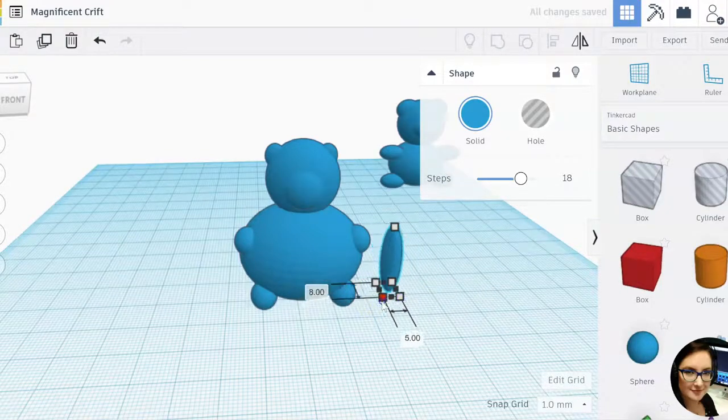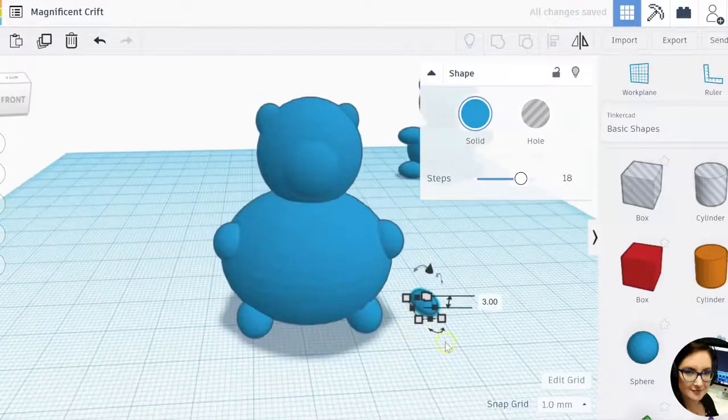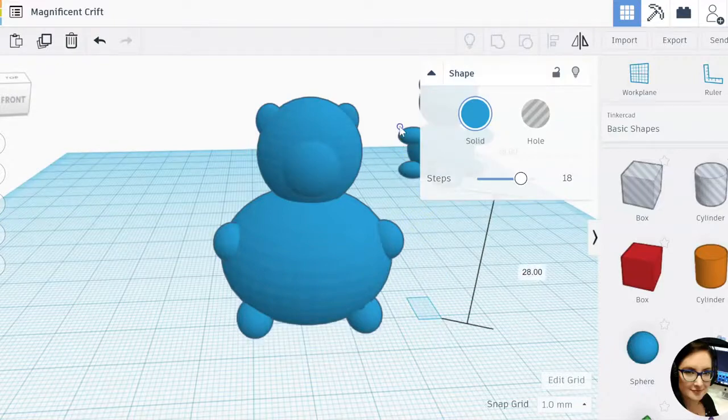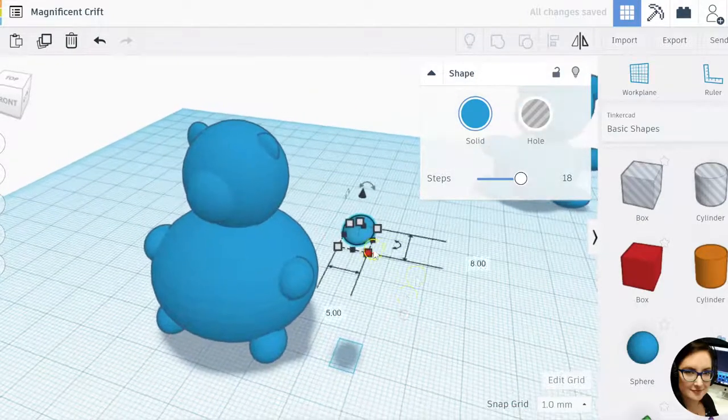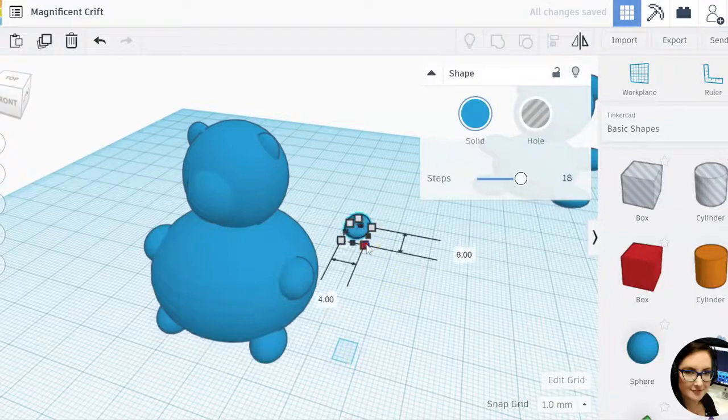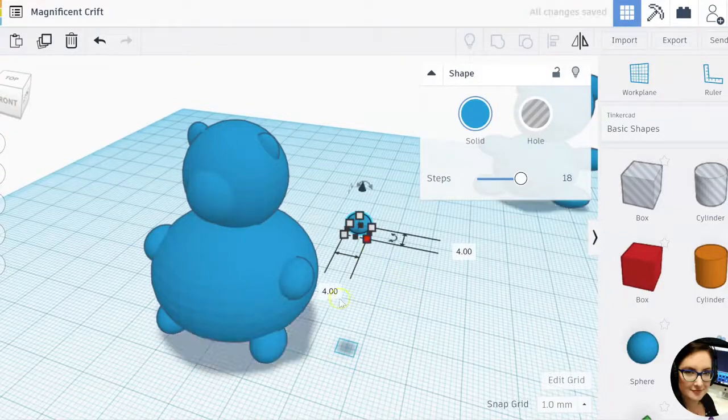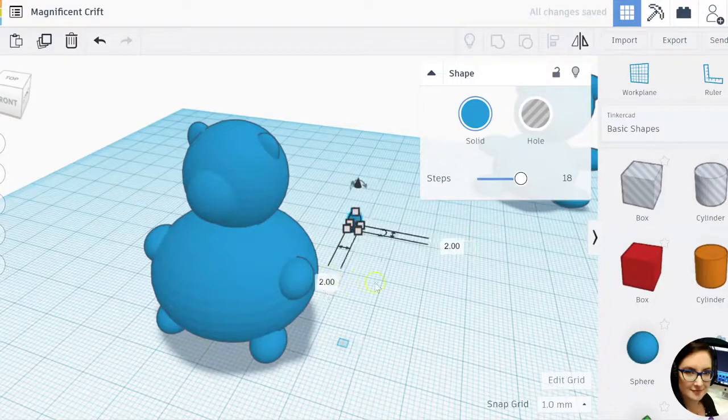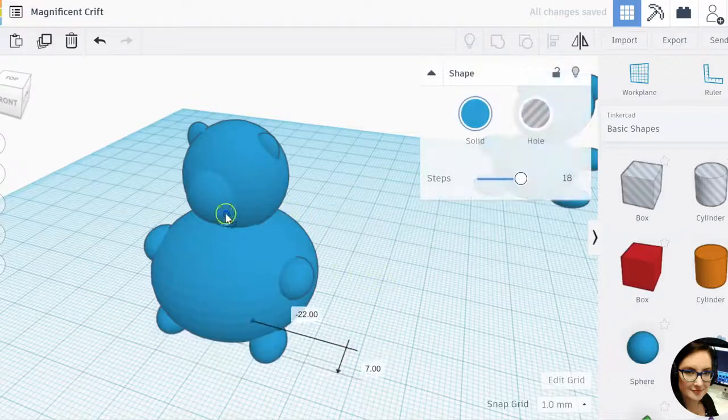And I know as it gets smaller, it's tougher just to grab the shape on its own, but with a little perseverance, I think you can get it. If you really like to, you can always adjust out here as well. Sometimes that's a little bit easier. Okay, perfect.